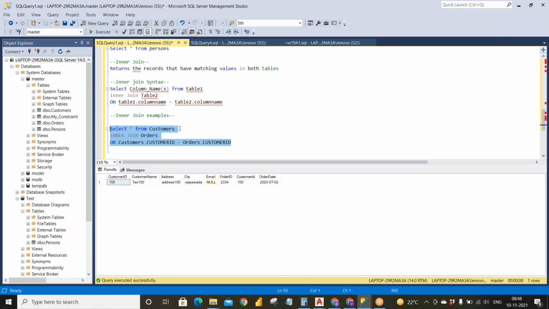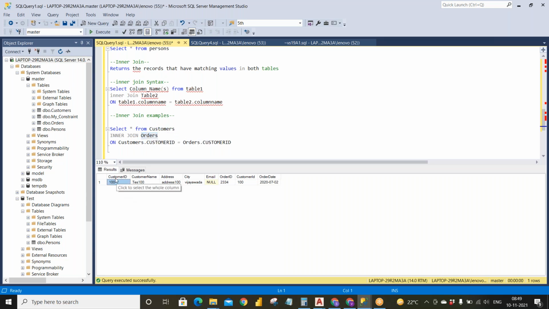Okay, so now what I did is I told the query that my first customer ID is from the customers table and the second customer ID is from the orders table. And then I said that I need all the data. Star means it will retrieve all the data from the customers table as well as the orders table.